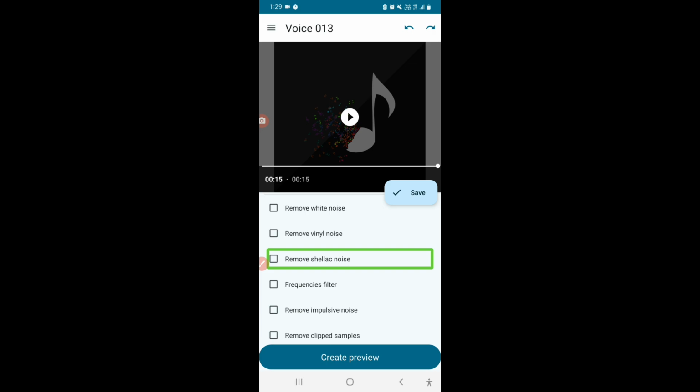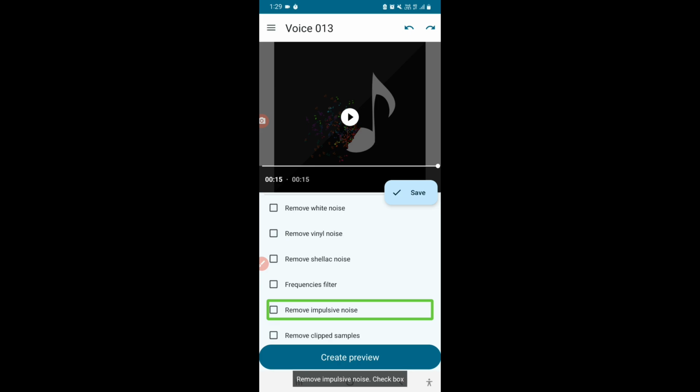We have to just check the checkboxes for the noises that we want to remove. So for example, if we want to remove shellac noise, we'll check that checkbox. And in case you are not sure which noise is what, you have to just go to YouTube and type out the name of that noise. You will get several videos with those noises, so you can just play and check which one matches best with your use case, and you can just come here and check that particular checkbox. Now in case these options are confusing, like what is white noise, what is vinyl noise, below that we have some options which are going to be useful.